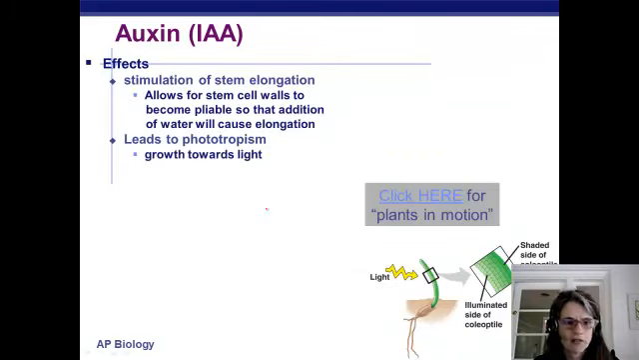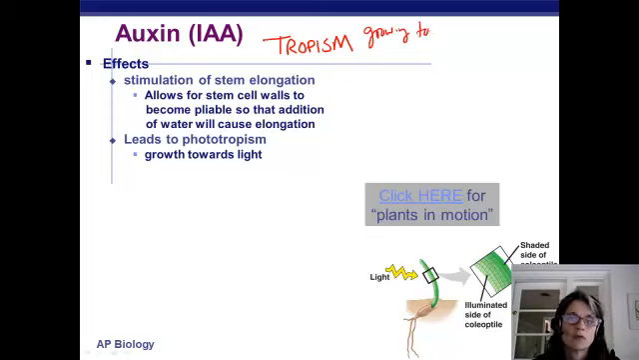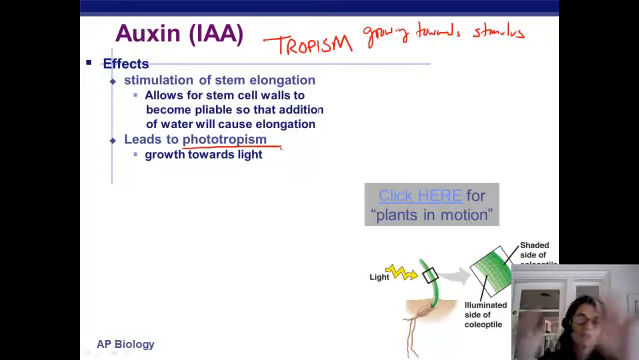Now, auxin, it's in charge of a behavior we see in plants called tropism, which is basically growing towards or away from a stimulus. Okay? We most often talk about phototropism. You know, if you put a plant in a window, it's going to grow towards the light. Okay? Well,